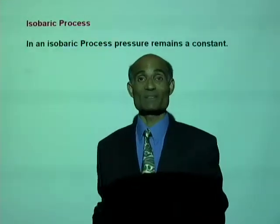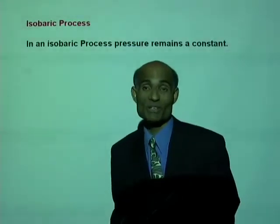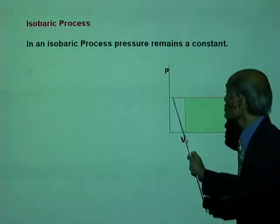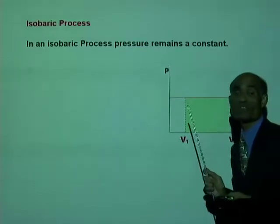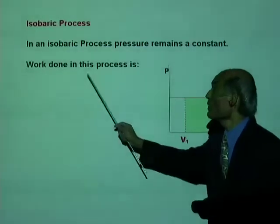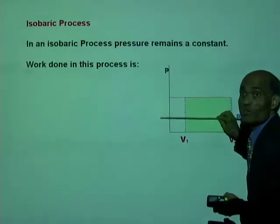What is an isobaric process? An isobaric process is a process where the pressure remains a constant. So in that case, we can represent it like this. The pressure does not change. When volume changes from V1 to V2, the pressure does not change. And this makes it easy for us to calculate the work done. And the work done in this process, because the pressure does not change,